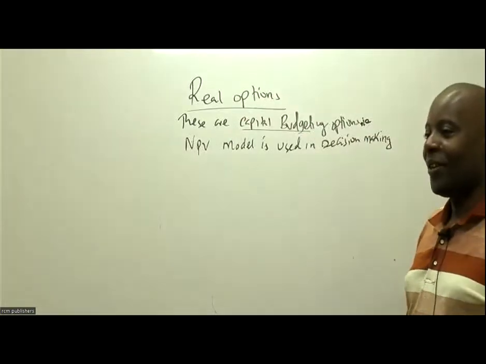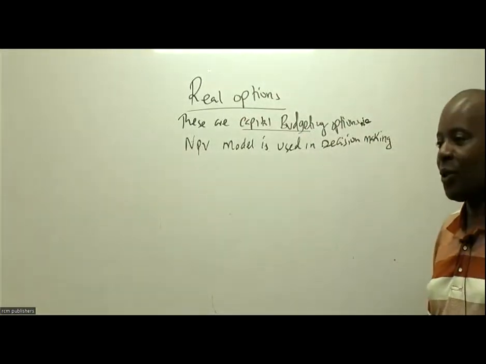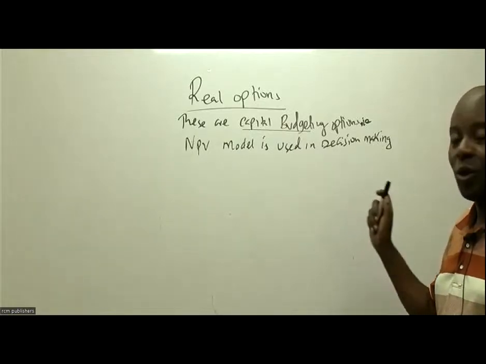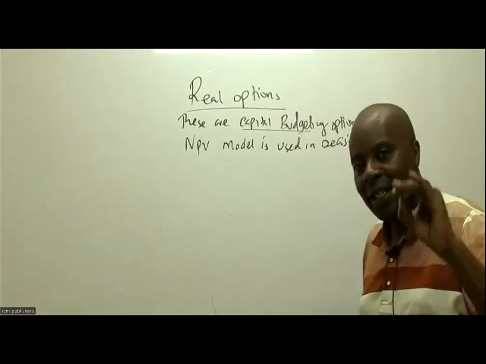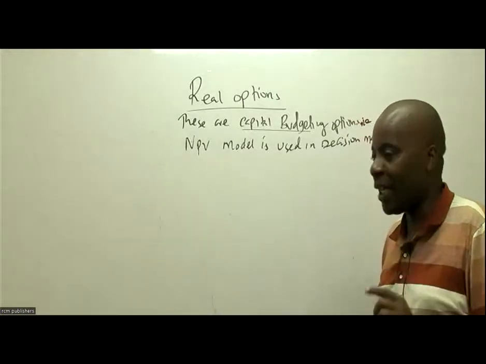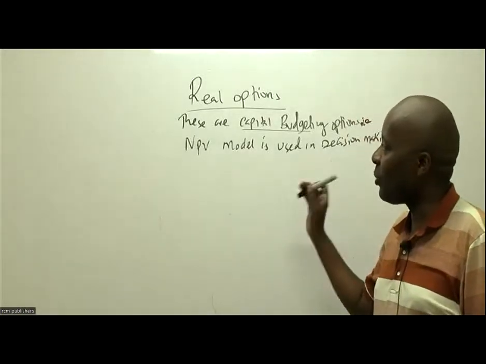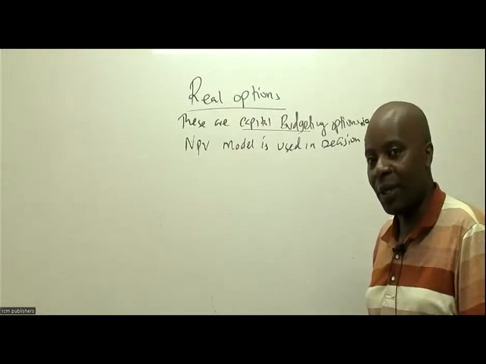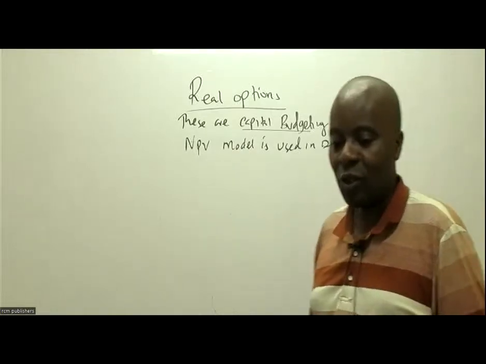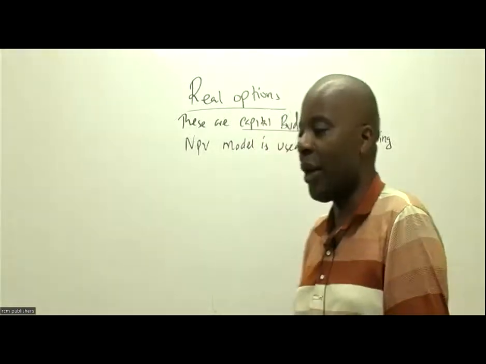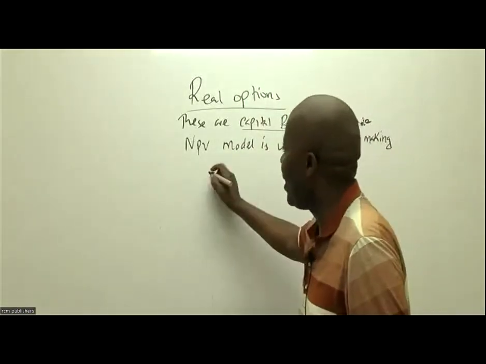Yes, great. So the NPV model is used in decision making when we talk of real options. All the other things will be there, the D1 equals LN, they'll be there. But at the end of the day, ladies and gentlemen, when it's a real option, we should always appreciate that real means what here? Capital budgeting. And for us to appreciate this, could we kindly look at May 2016 question number 1.